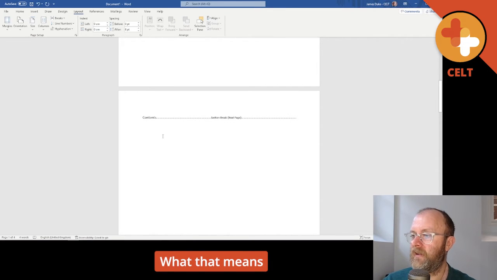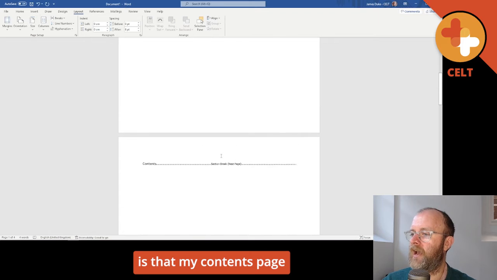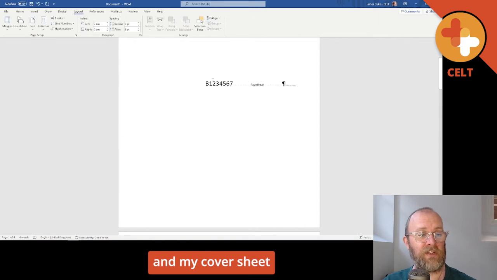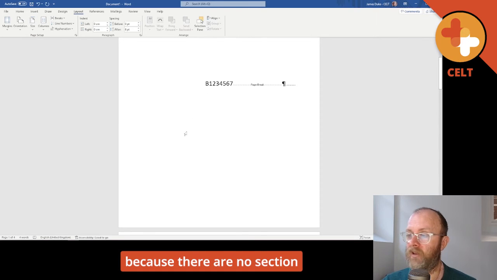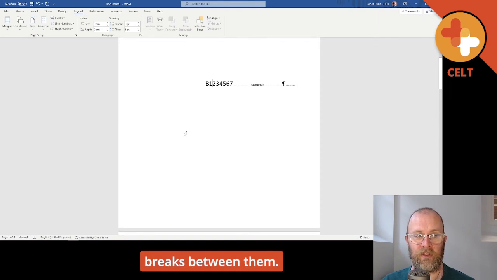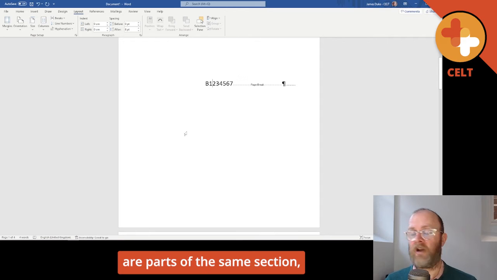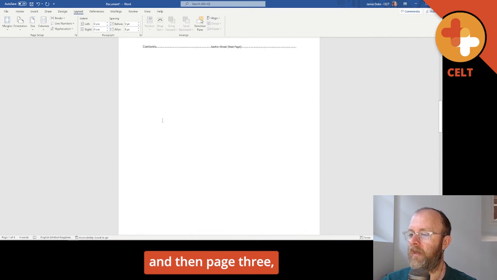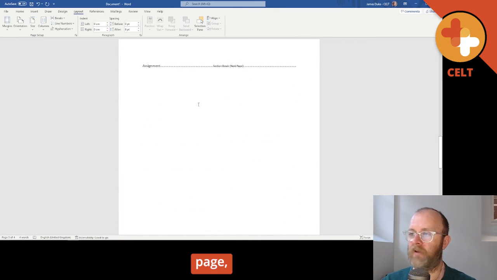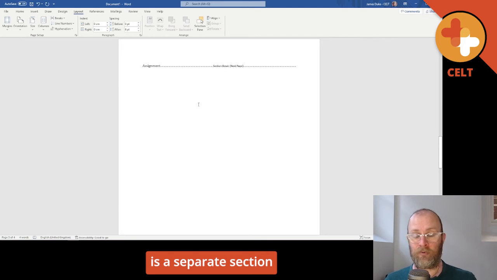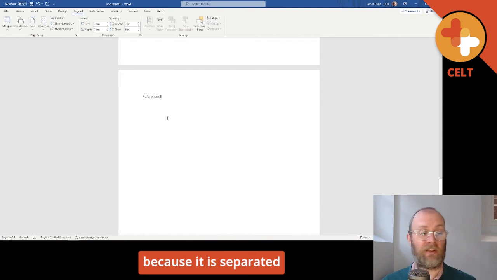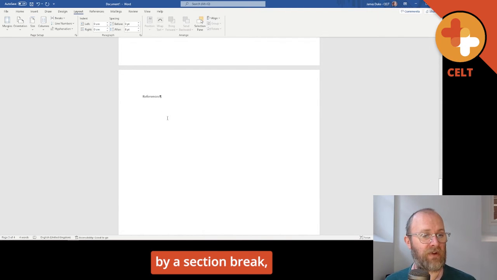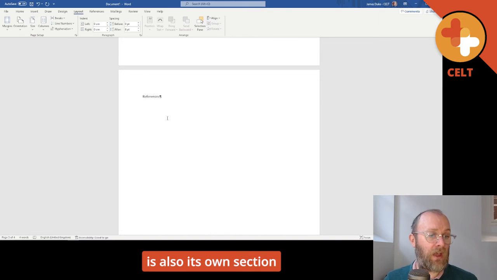And what that means is that my contents page and my cover sheet both belong to section number 1 of the document because there are no section breaks between them. So those two pages are part of the same section. And then page 3, which is my assignment page, is a separate section from those first two pages. And then page 4, my references page, because it is separated by a section break, is also its own section